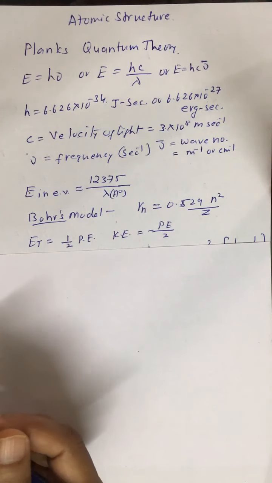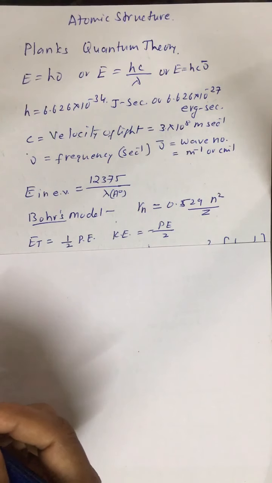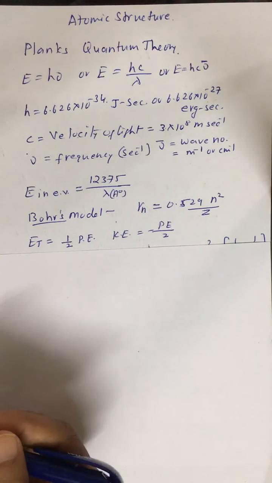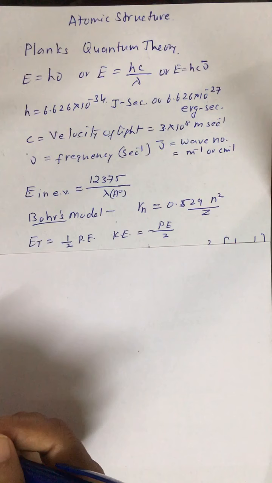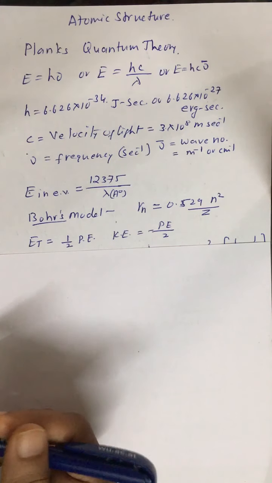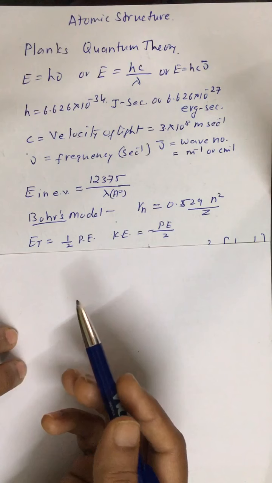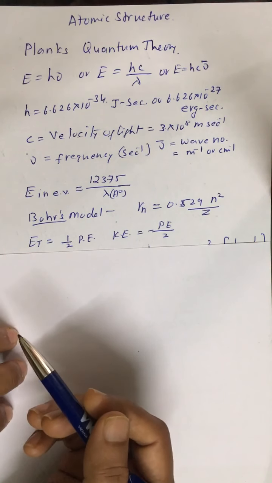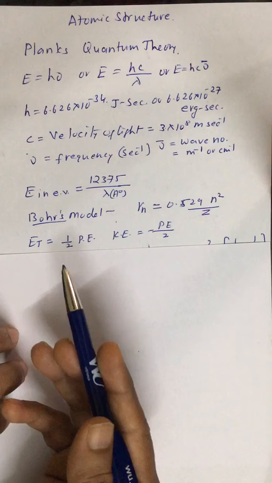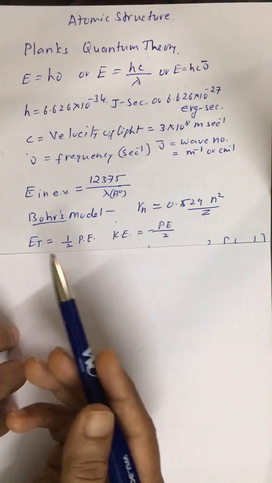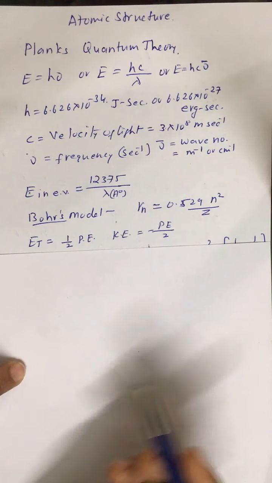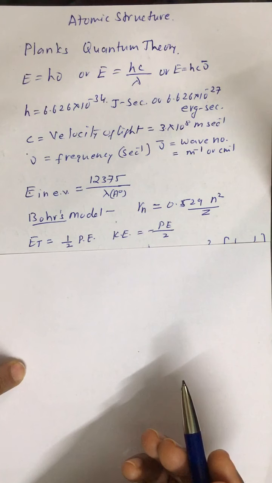We are today discussing some formulas in atomic structure, and there was a doubt regarding electronic configuration of elements. All right. So we will be concentrating mainly on quantum numbers, etc. How to write the quantum numbers, and we will be discussing some formulas of atomic structure. All right, it is useful for you.